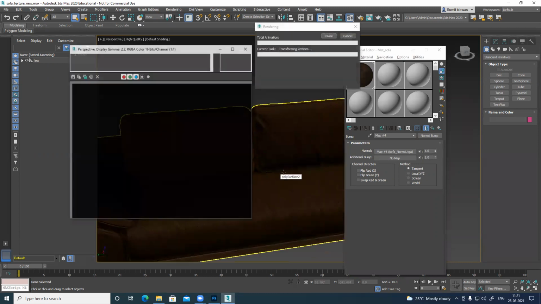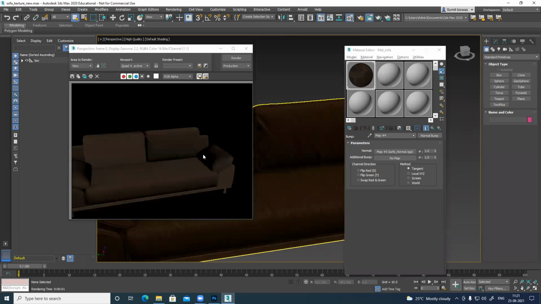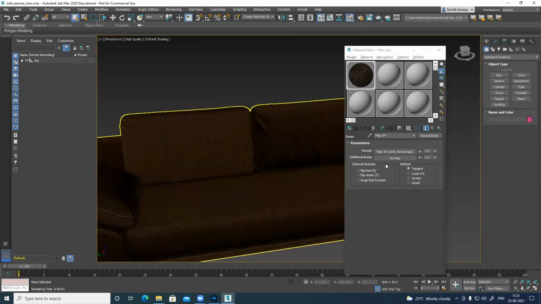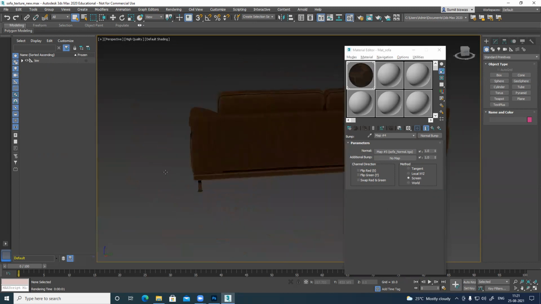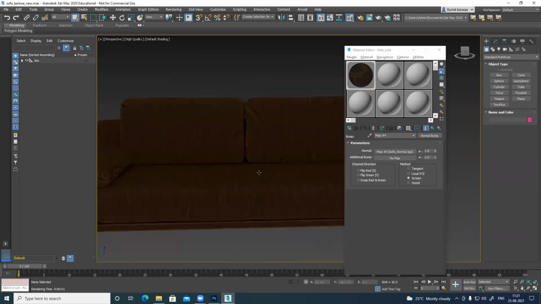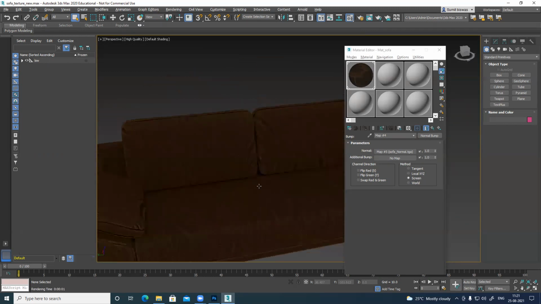Especially if I press F9, it's rendering, but it's creating that shading. Green is fine. The screen mode works with this perfectly. Now you can see everything clean.